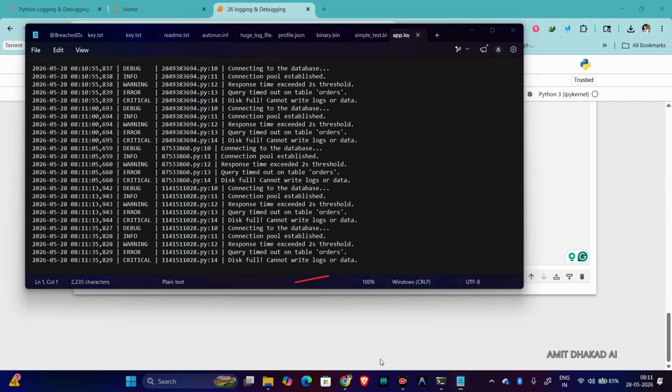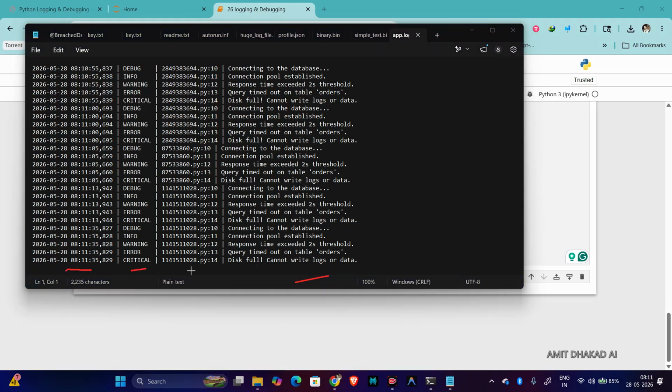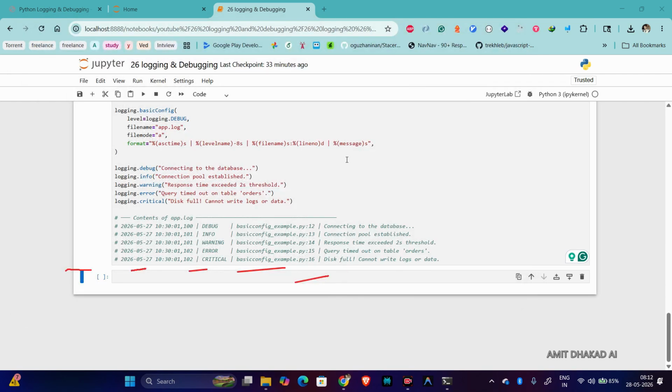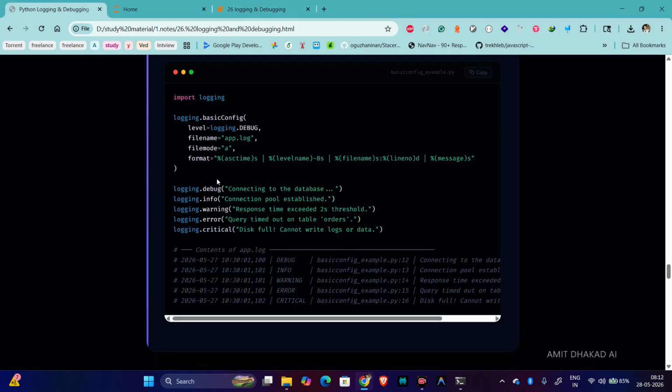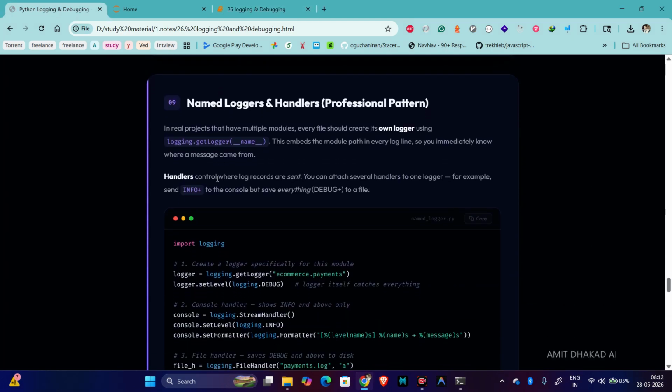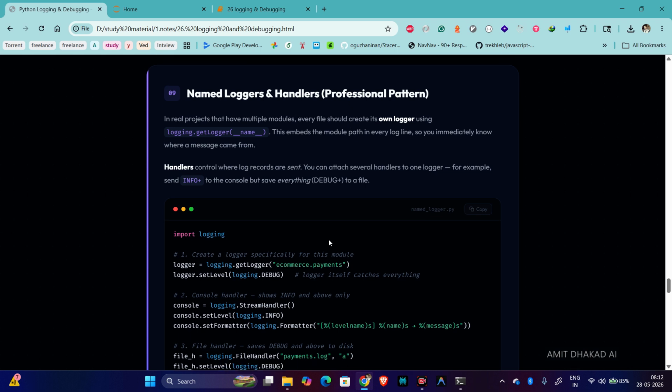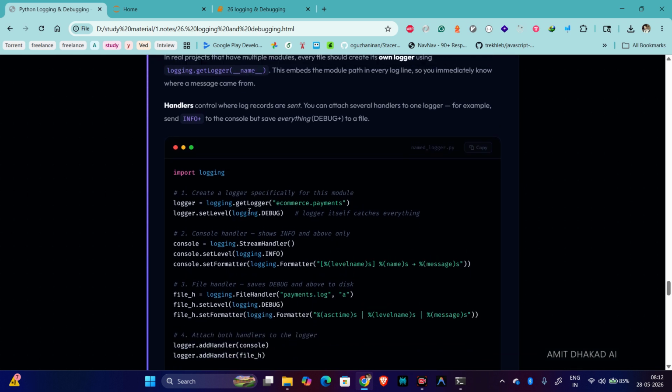So first you will see the format it is printing: time, level, file, line number, and the message. These are what we are saving. So this is how you can save the logs in the file. Here you are passing name, right here. Name, logger, and handler. This is also the same, only we are getting